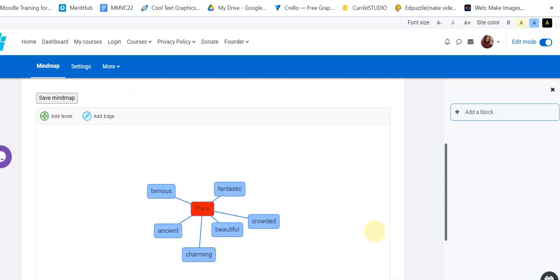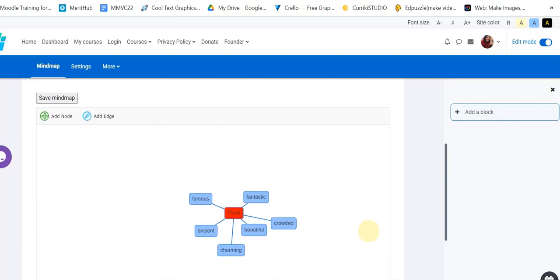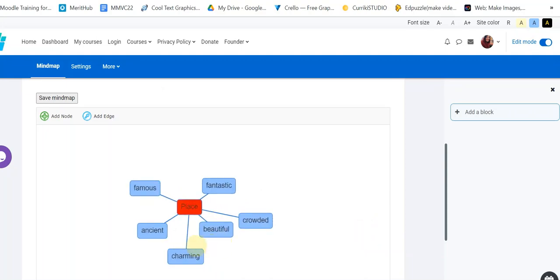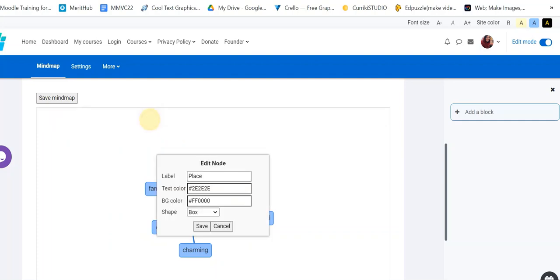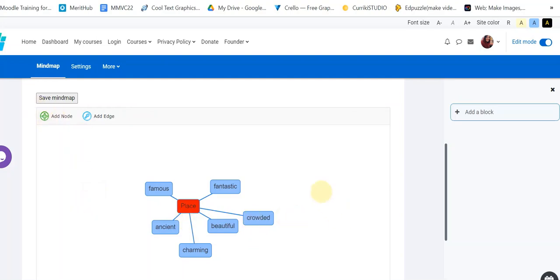So this is adjectives for describing a place, but if I want them to add adjectives for example describing a person, let me show you here. So if they want to edit, for example this one, they can edit. Or let me show you in another